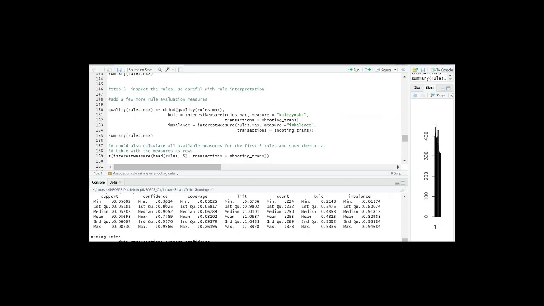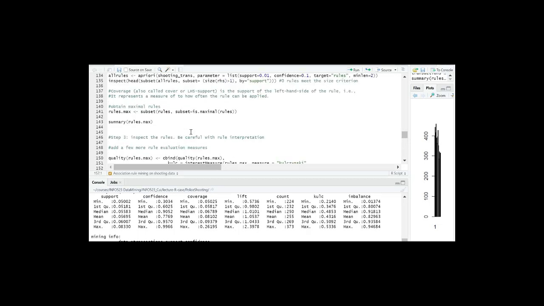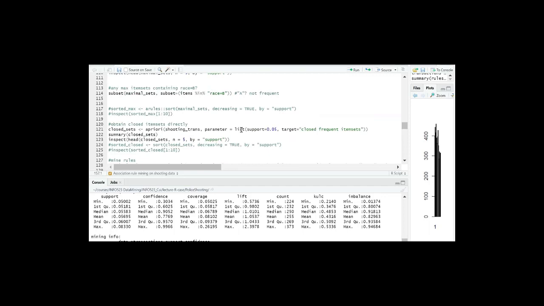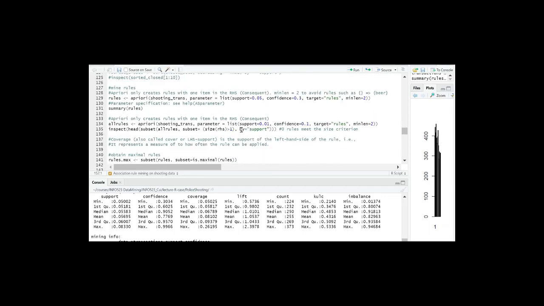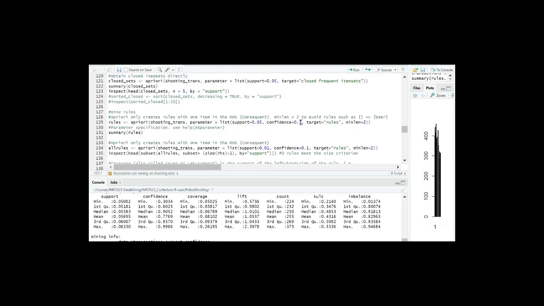For confidence, we set a threshold when we mined the rules. Where was our confidence? 0.3. So it starts at 0.3 and goes up to 99%.